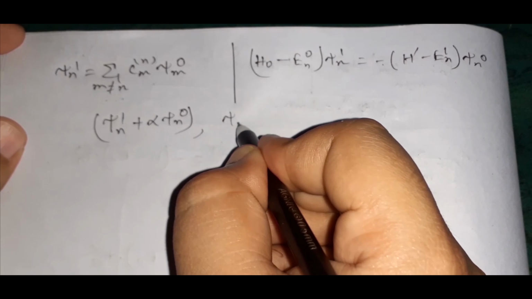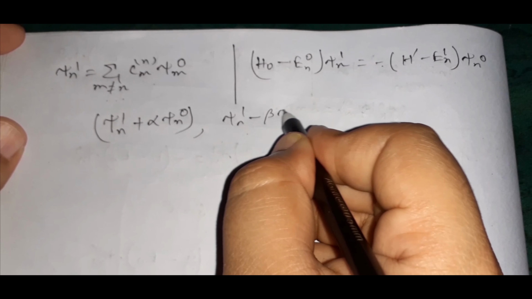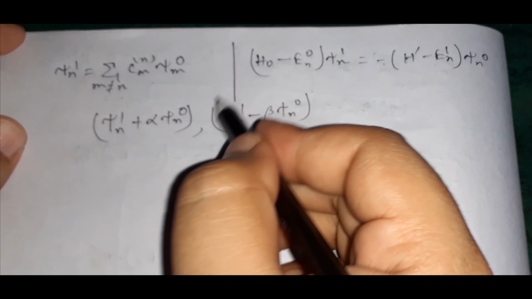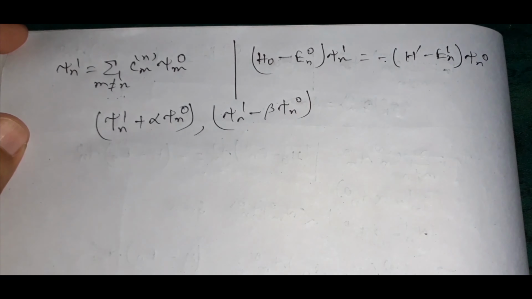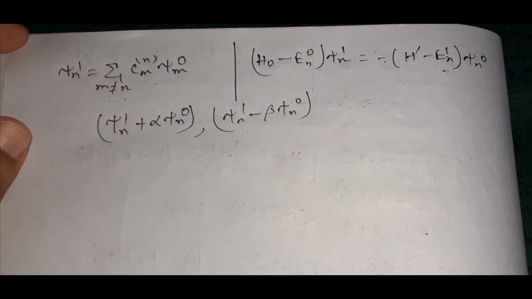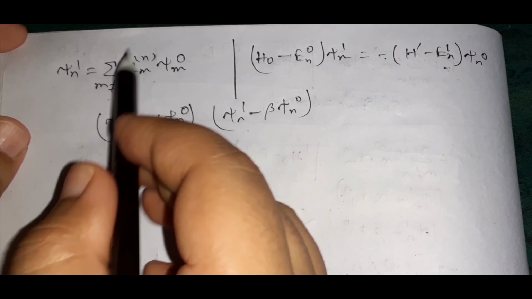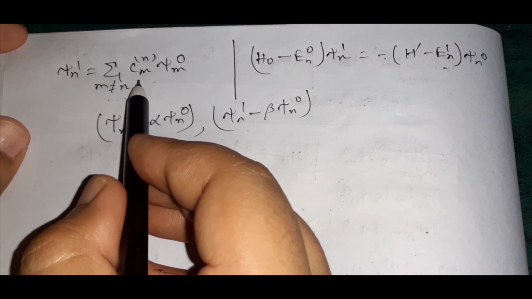Similarly, if I write ψn1 minus beta ψn0, where beta is some other constant, this wave function also satisfies this equation, and this gives the freedom to choose this kind of equation. So to find